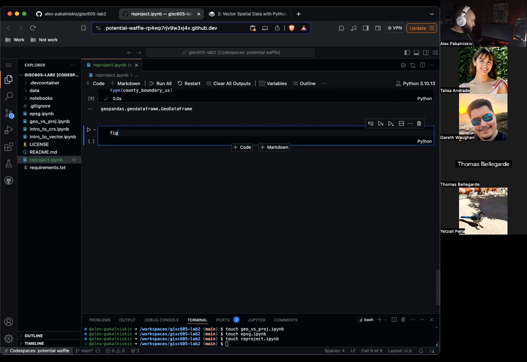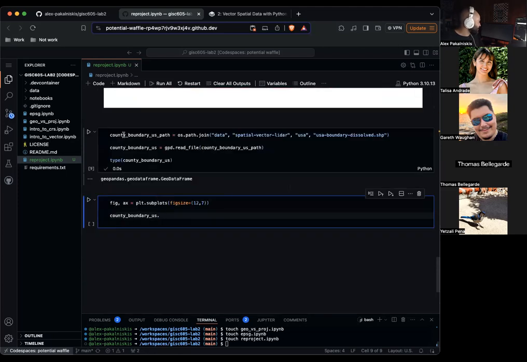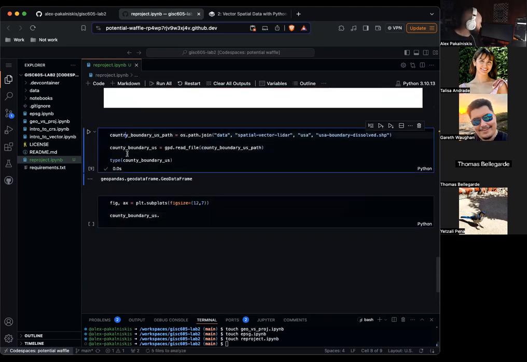So fig, ax equals plt dot subplots, figsize equals 12 by 7. Country boundary US. Oh, it's country. Okay. That's why it didn't make sense to me. Country. There we go.